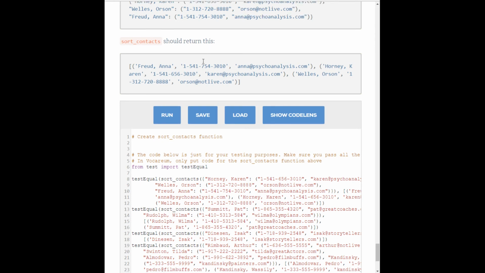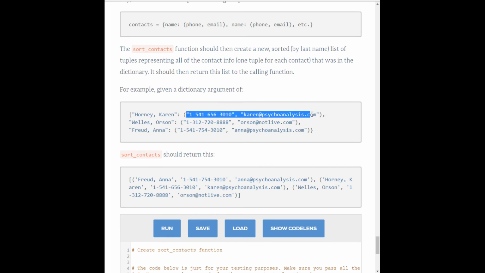So for example, here we have a series of tuples. Horny Karen is the dictionary key, and the value stored underneath that dictionary key is a tuple of a phone number and an email address. The phone number would be index 0, and the email address would be index 1. So if I wanted to call this dictionary and that value, what I would want to do is call contacts index Horny Karen index 0 to get the phone number, or contacts index Horny Karen index 1 to get the email address. So tuples can be